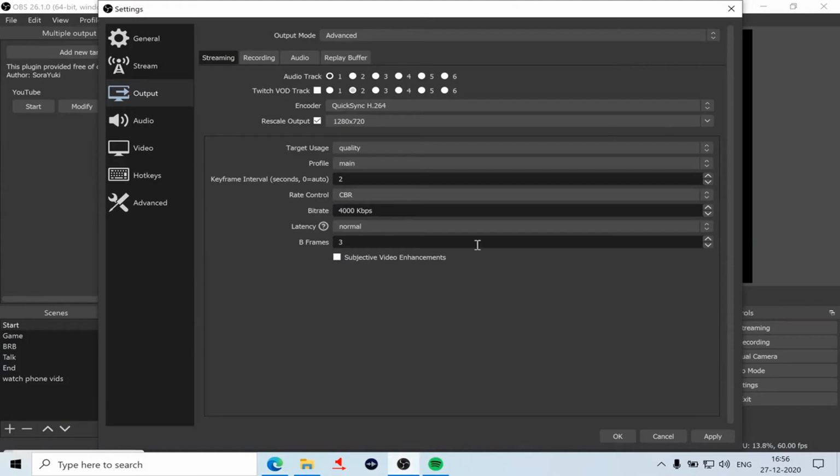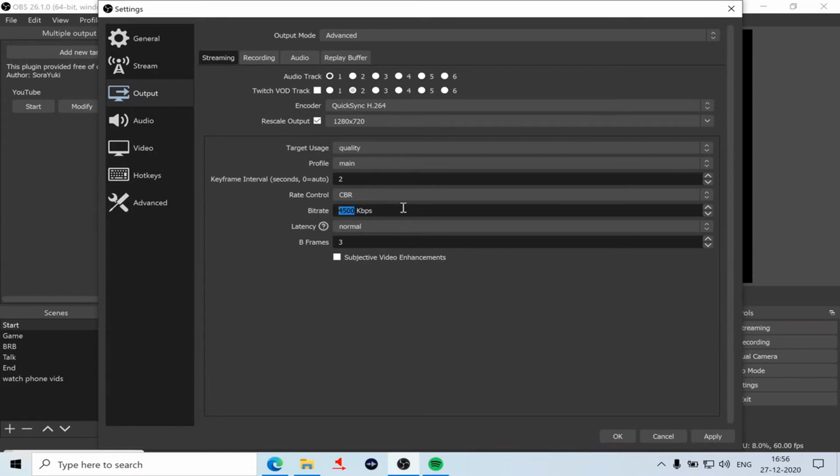I do not want to spend any more than 4000 kbps, that is 4 Mbps, which is the bitrate I have given in the option here. I can stream at a higher bitrate. Let's say if I want to go for 4500, this is 4.5 Mbps.